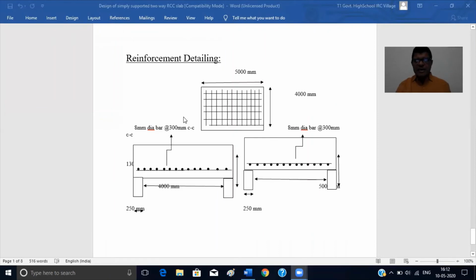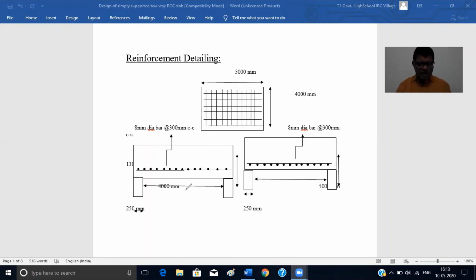Now you see the difference between this restrained slab and this simply supported slab. In this simply supported slab, there is no torsional reinforcement provided at the corners. At none of the corners is there torsional reinforcement. We have also not calculated reinforcement for torsion because here the corners are allowed to be lifted. There is no restriction for prevention of lifting, the corners are not held down. So then it will come this way.